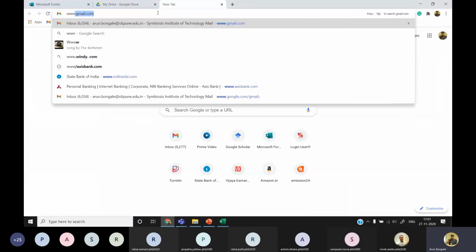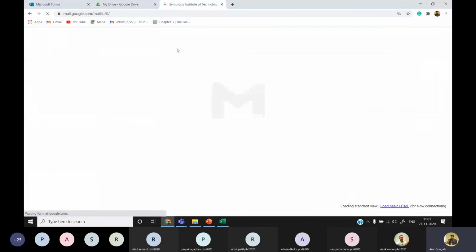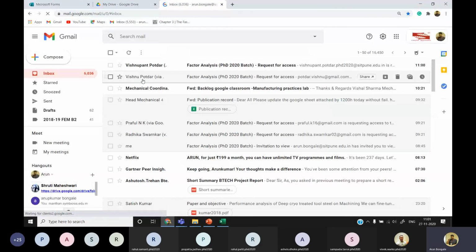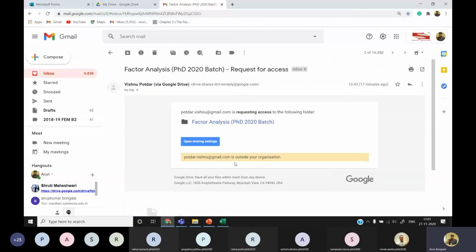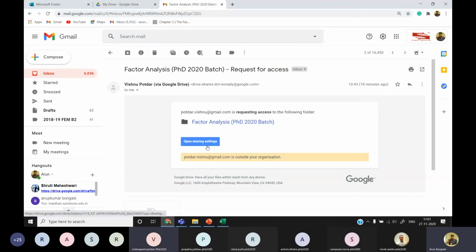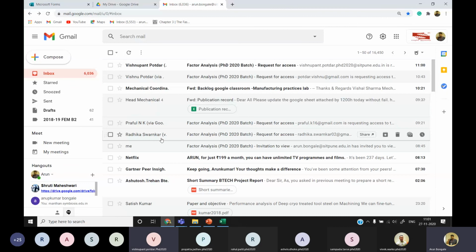Did everybody get the mail I sent you in the morning? Yes, sir. And who is Vishnu and Vishnu Pant? I'm not getting access, sir. You need to use your SIT email ID to access this. I use the same, sir. No, you are using Gmail. Gmail will not work. Please note, everyone should have their account changed to SIT email ID. It is accessible only through SIT email ID, otherwise you cannot access this.